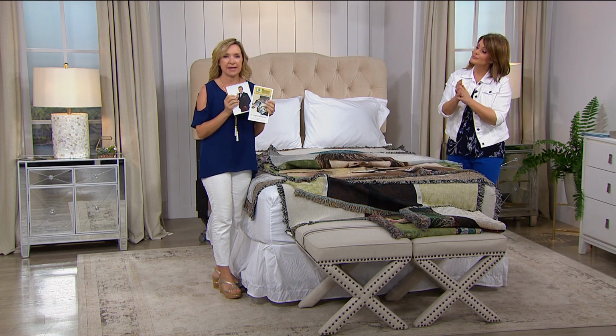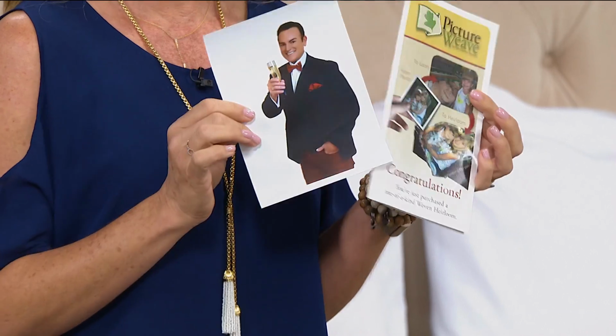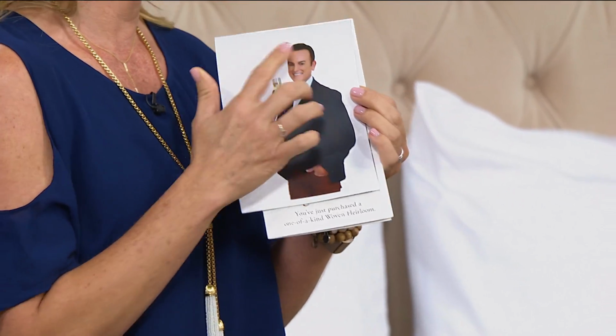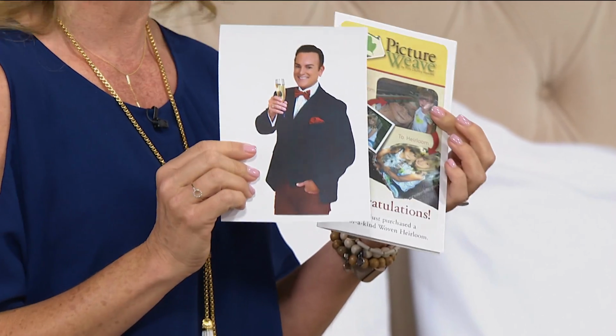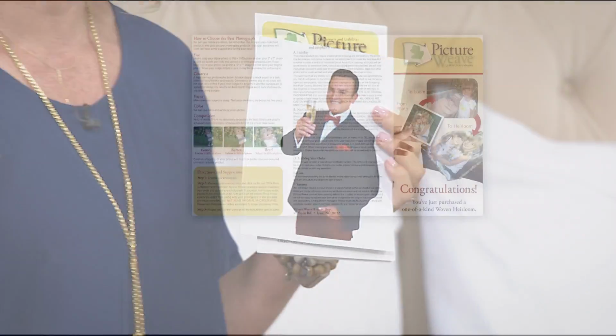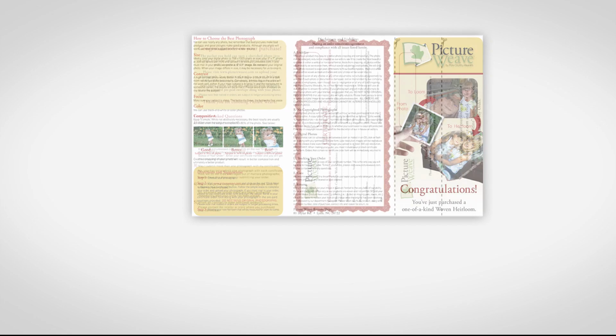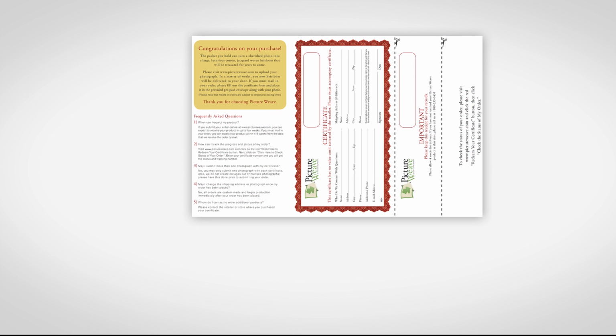You're going to receive this in the mail. You can also submit your photo online. It's really easy to do. Bill's photo, come on. He had all the background taken out. It doesn't have to be this extravagant, but it can be any photo that you have. If you have 4 to 6 weeks, you're going to send this in, and they are going to actually put this fabric onto a giant loom,